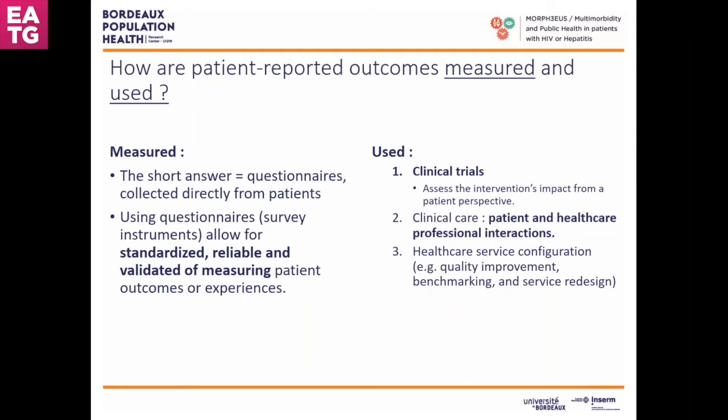The second and third uses for patient-reported outcomes I alluded to earlier: clinical care and health service configuration. In clinical care, these outcomes can be used for screening and monitoring and informing clinical decision-making. In terms of health services configurations, we see patient-reported outcomes being used to benchmark between different services and to ensure continuous quality improvement. One example was a major initiative that was launched by the NHS to look at a few common procedures such as knee and hip replacements,